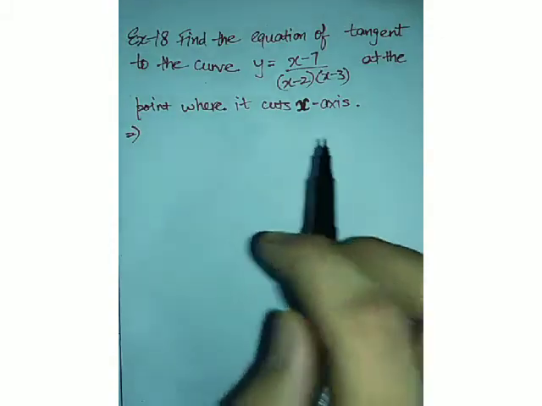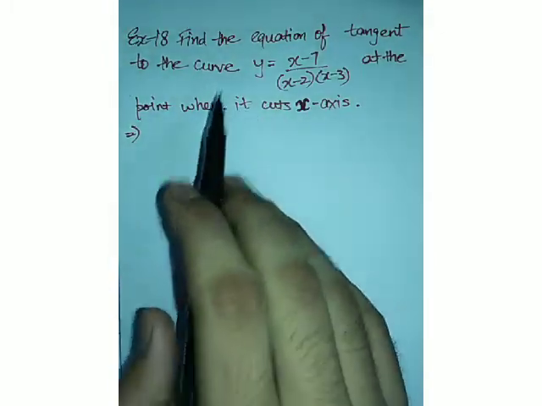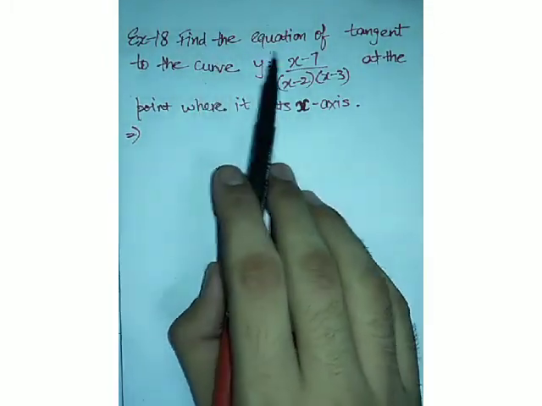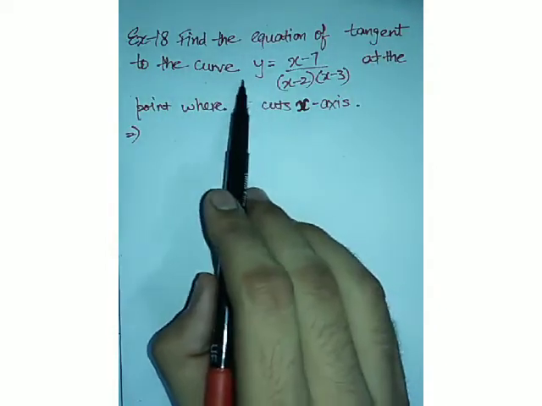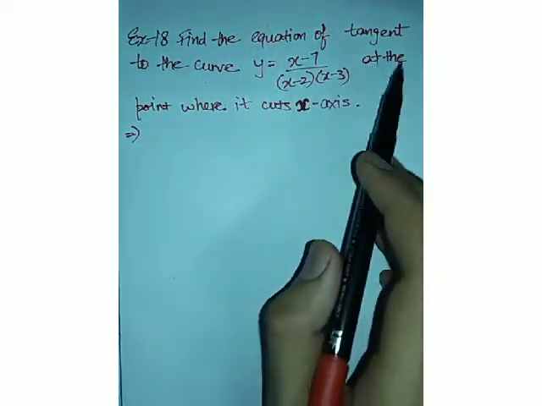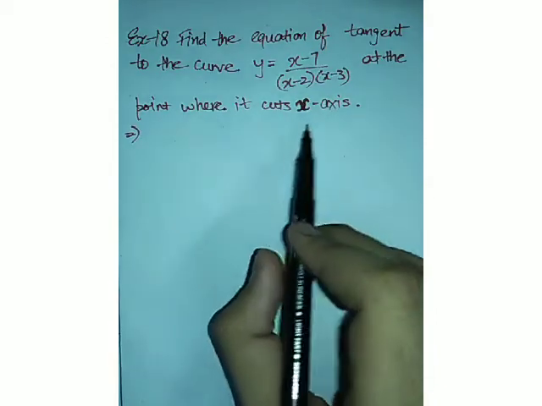We have been doing application of derivatives of class 12th and we have successfully done two exercises, and we were discussing the example of third exercise, that is the concept of tangents and normals. So let's start with example 18. Our 18th example states we have to find the equation of tangent to the curve. The equation of the curve is given already, at the point where it cuts the x-axis.